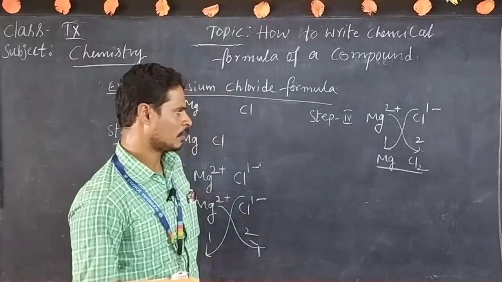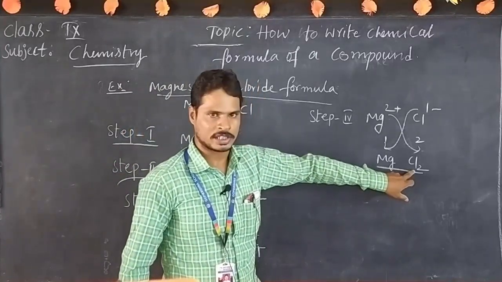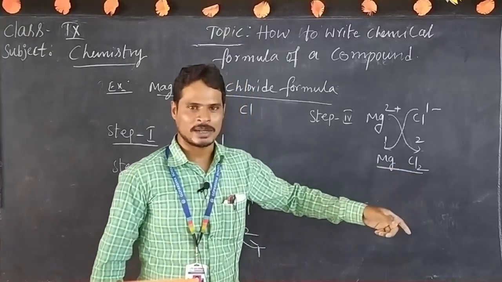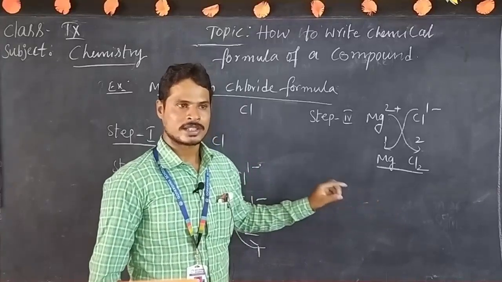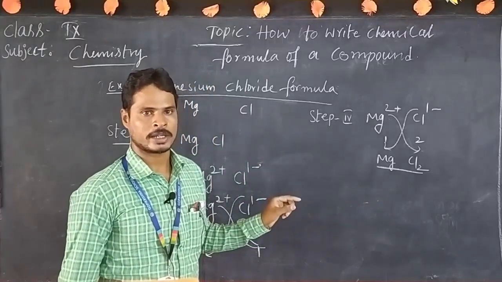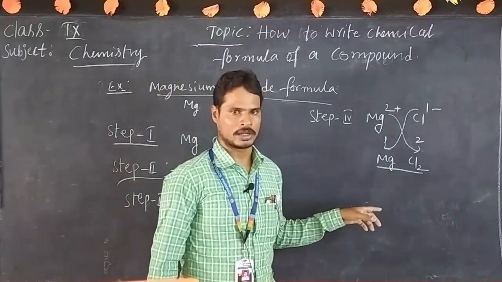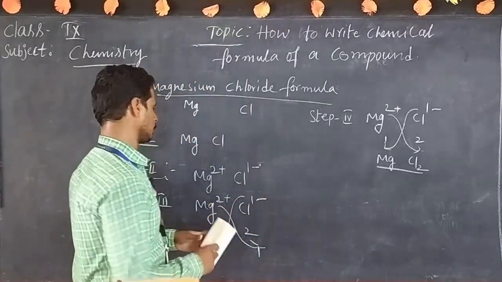But here I have a doubt: why should we not enclose this ion in a bracket? Here chlorine is a single atom, that's why we should not enclose the bracket. So for an ion containing a group of atoms with more than one valence, enclose it in a bracket. Then write the valency of the anion or cation.